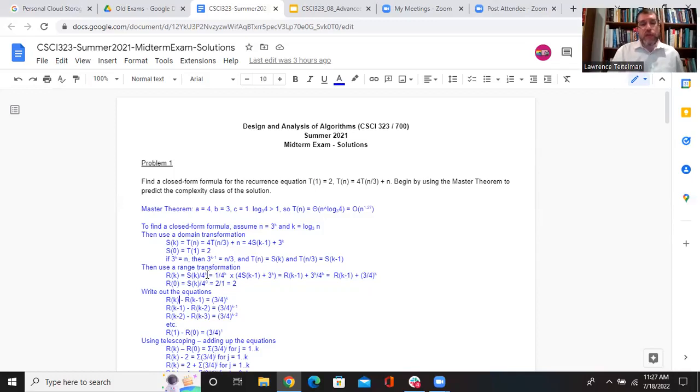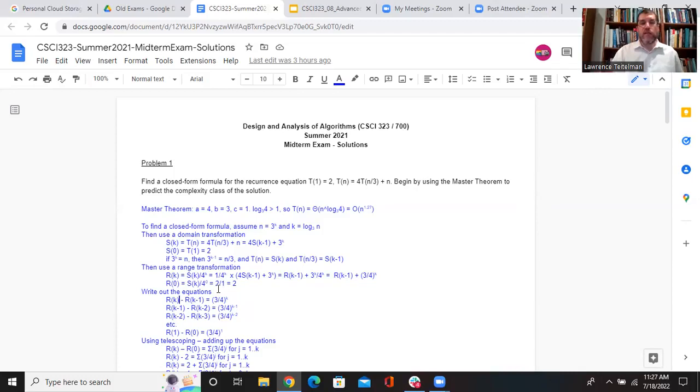So what we're doing here is dividing through by 4 to the K. What happens when I divide this by 4 to the K? The 4 over the 4 to the K is going to come out to be 4 to the K minus 1, right? The 4 is going to cancel one of these 4s. And now I have R to the K minus 1, because R of K minus 1 is equal to S of K over